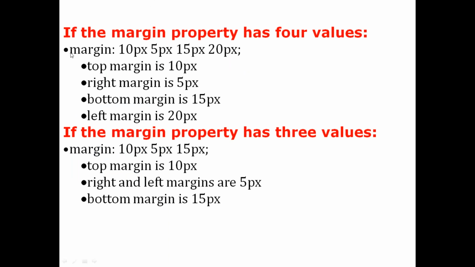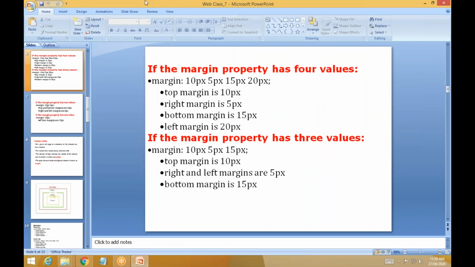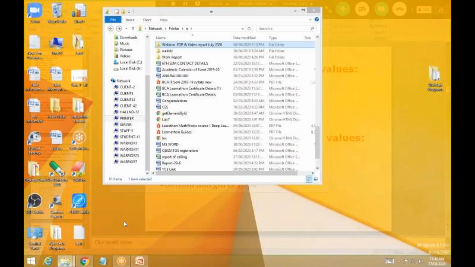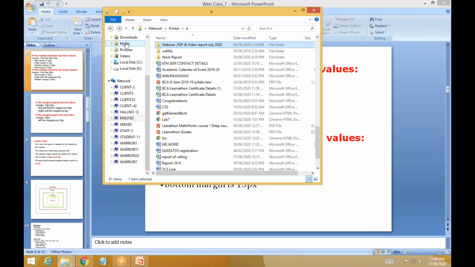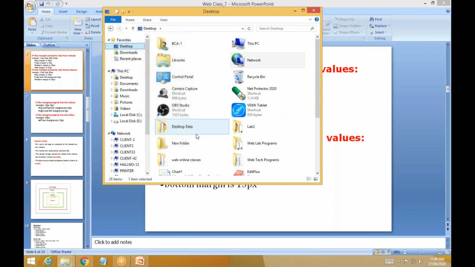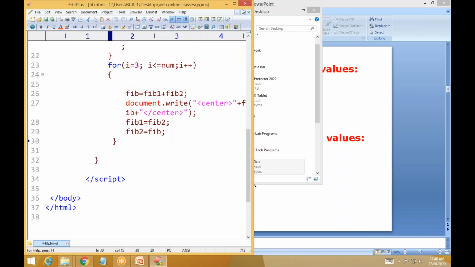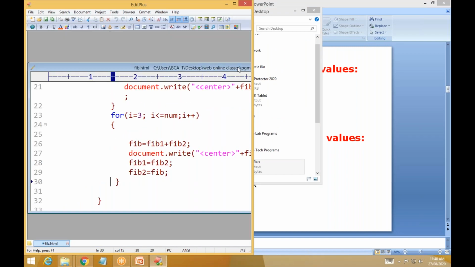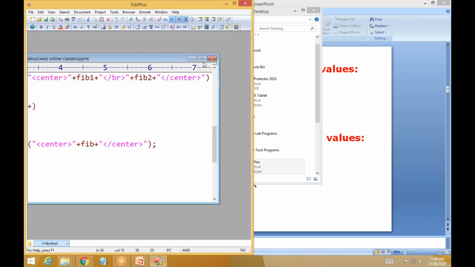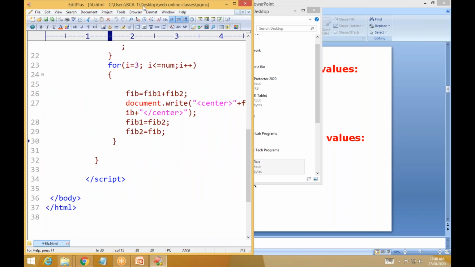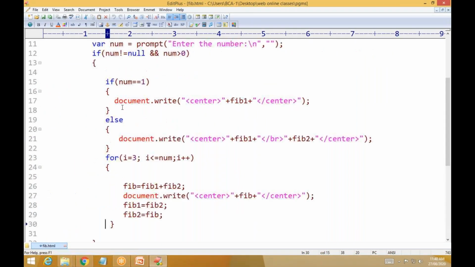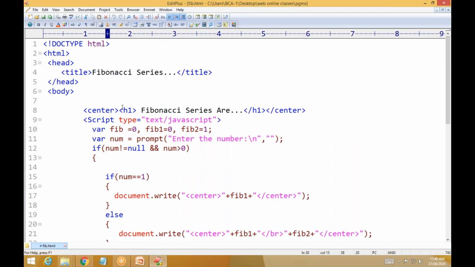See, I'll tell you an example in CSS. Just a minute. Now I'm using Notepad++ for one example. I want to delete this one.